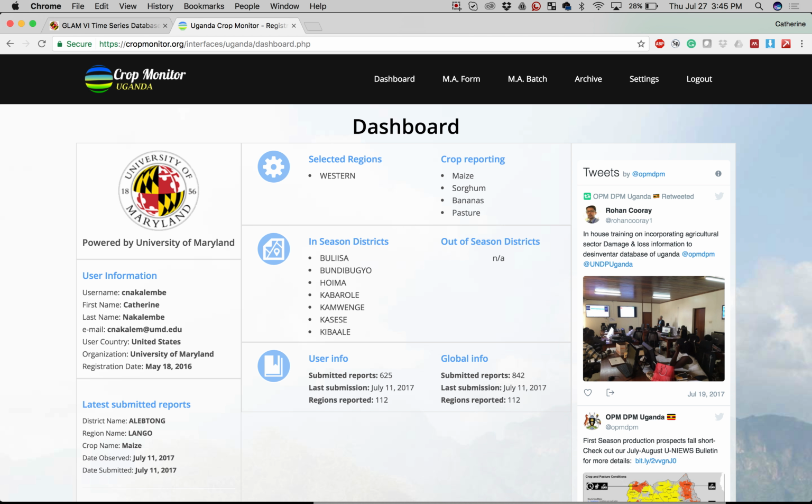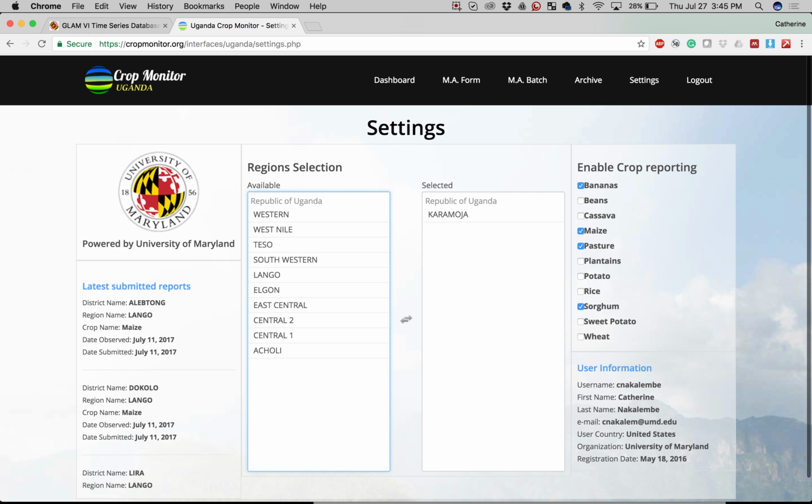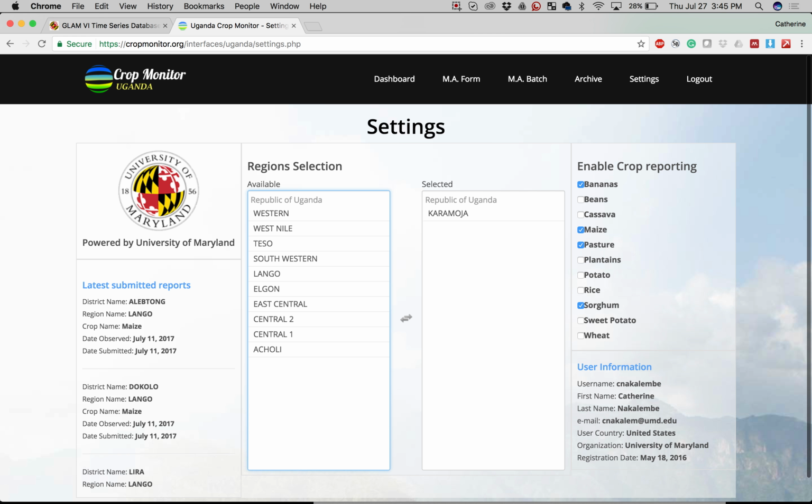So in the settings, we can begin by, in this case, the Karamoja region. I've selected all those crops just to ease accessibility to them,